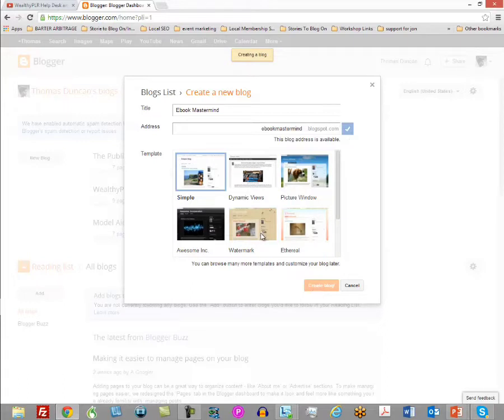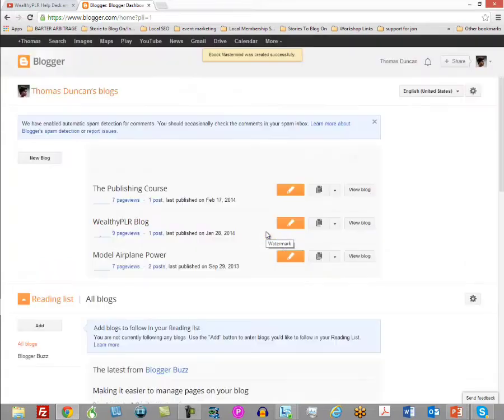Now, you do have some choices there. I'm going to suggest that you stick with the most simple, and they have a theme there that simple began mainly because it is clean and you are going to be able to keep it generic, because you're going to have different uses for it. You're going to have different things you're going to be doing for it, so you don't want to cloud it with something that's going to give people the wrong impression. Keep the simple